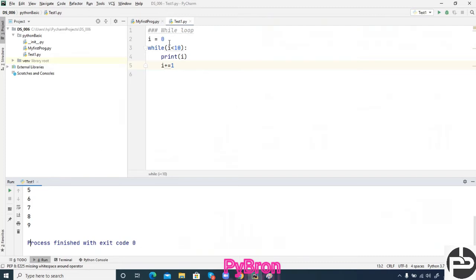We did the same thing in the case of the for loop. Then why did the developer make the while loop? Okay, we had done the same thing in the case of the for loop also. So why did the developer make the while loop? Why did they waste their time creating a while loop? Okay, so please note down. If you have a pen and notebook, then please note down.